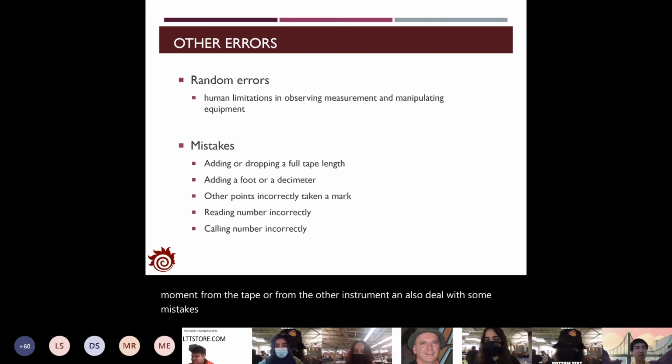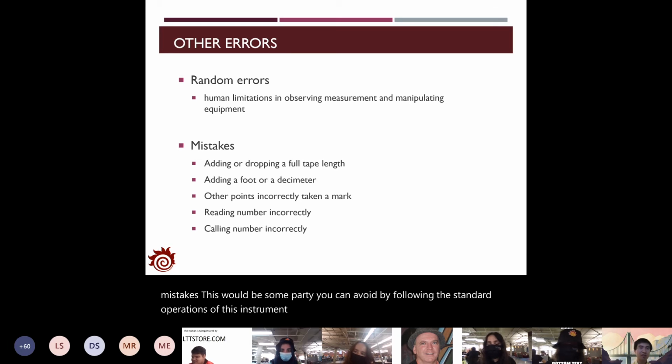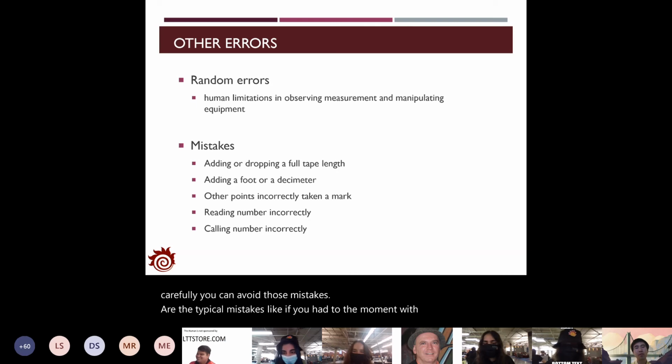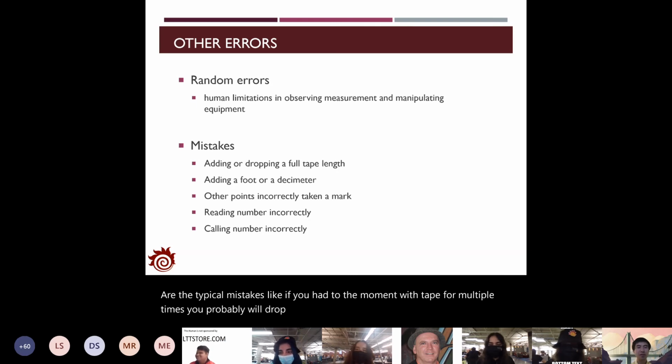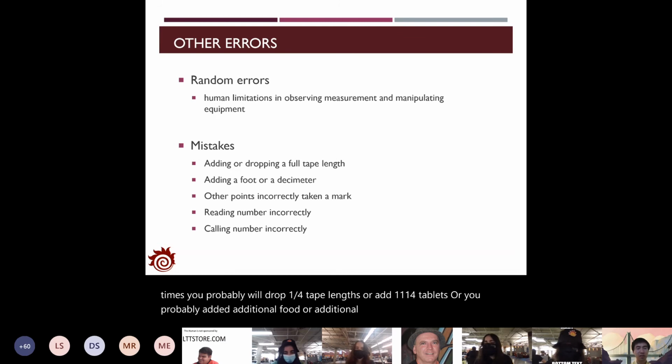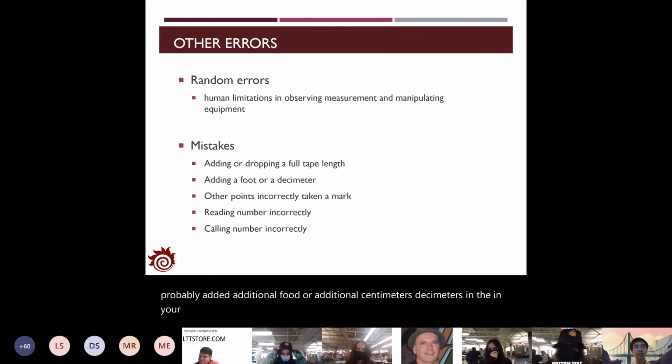This would be some part you can avoid by following the standard operations of this instrument. And if you pay attention to everything carefully, you can avoid those mistakes. The typical mistakes, like if you do the measurement with tape for multiple times, you probably will drop one full tape length, or you add one full tape length, or you probably add an additional foot or additional centimeters, decimeters in your recording, or you have the wrong readings about the point you have to measure,